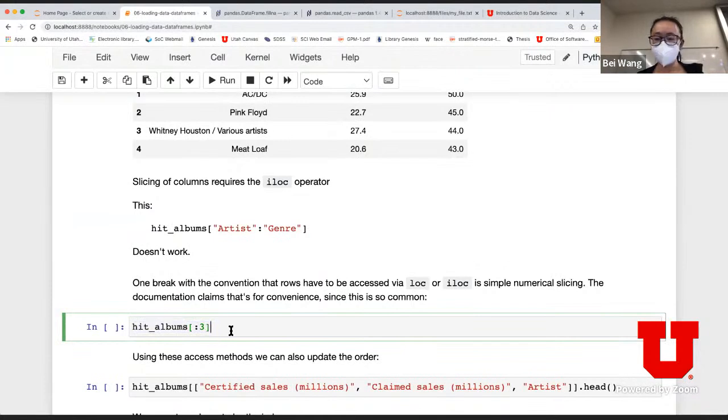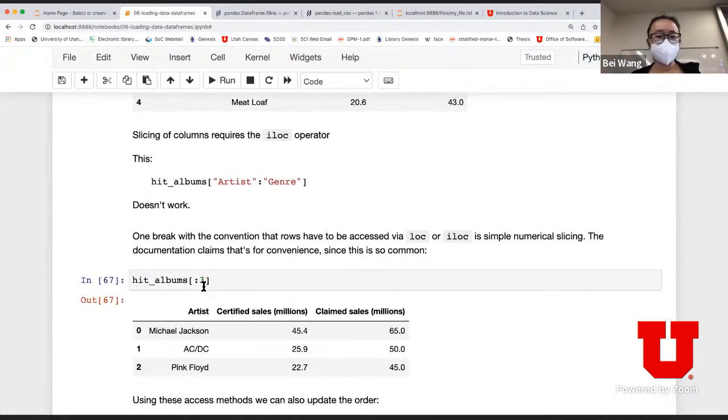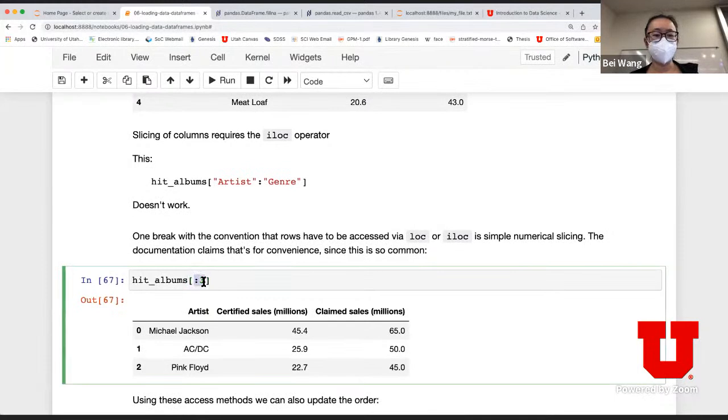So what does this do if I run it? It gives me the first 3 rows starting from index 0, so 0, 1, 2. And remember, before, I needed to specify the things I highlighted as column names.